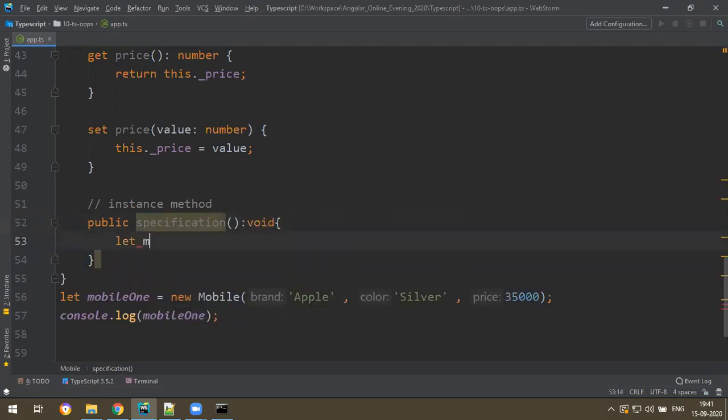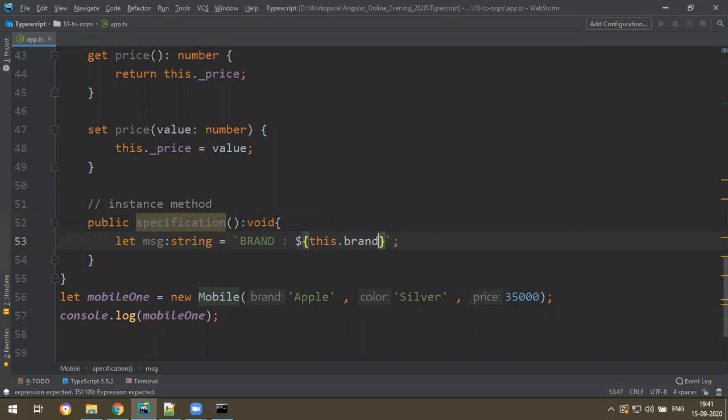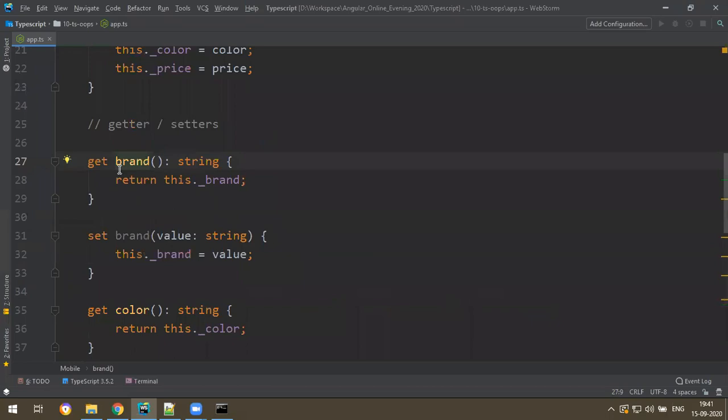Okay, so what I do is let message of type string is equal to backtick. I'm going to access all this data in this function, and then I'm going to call that outside. So here for brand, I can just say this keyword dot brand. This dot brand means it is calling the brand function.